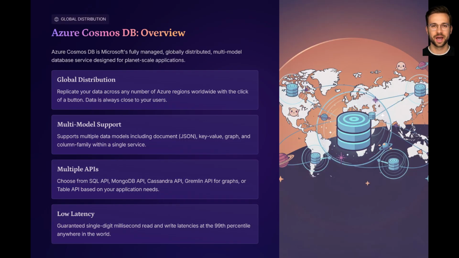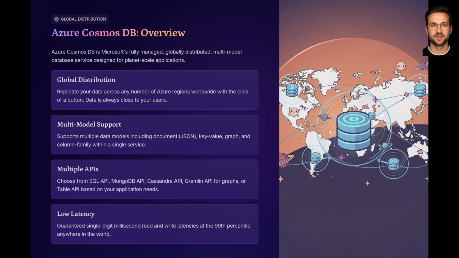Now, let's talk about Azure Cosmos DB. Azure Cosmos DB is a fully managed, globally distributed, multi-model database service. Globally distributed means that you can replicate your data across multiple Azure regions around the world, with low latency and high availability. Multi-model means Cosmos DB supports several data models,